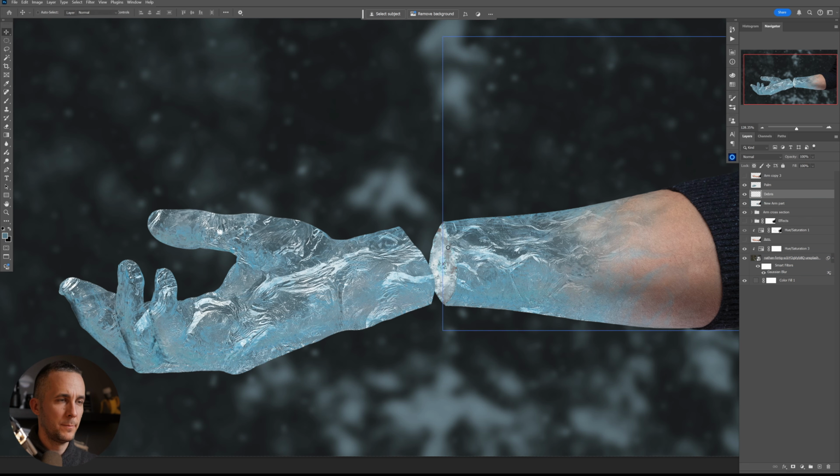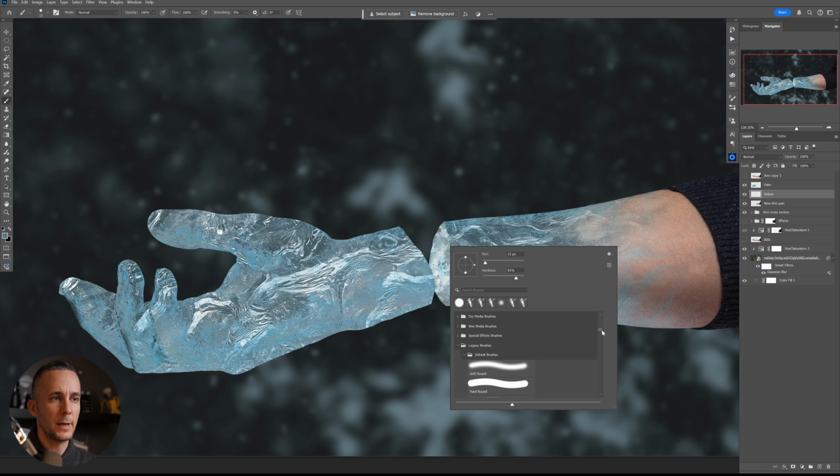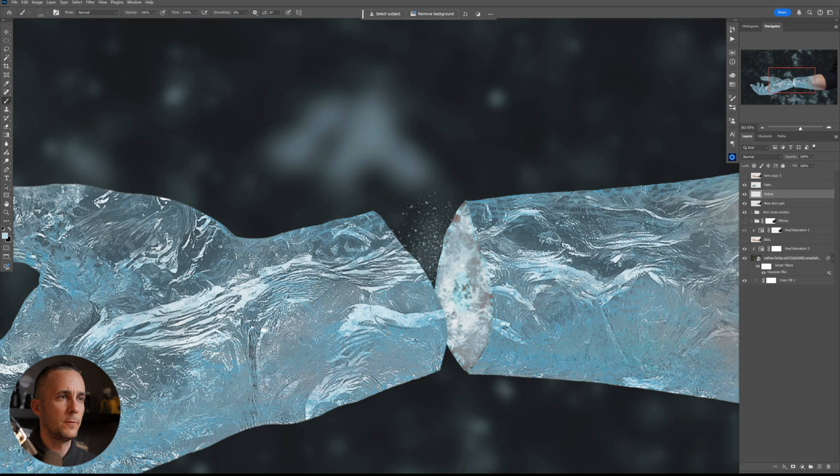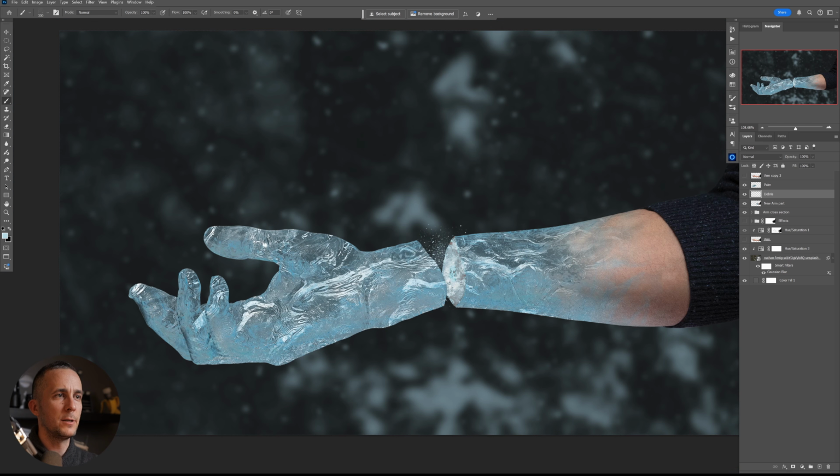I will use my debris brush for that. You can use whatever you want, just a little bit. You can get it on my website if you want to get it. The link will be down there in the description, but for that I'll just add a little bit of debris here